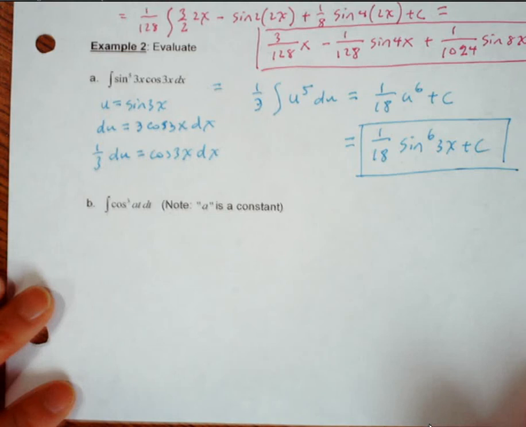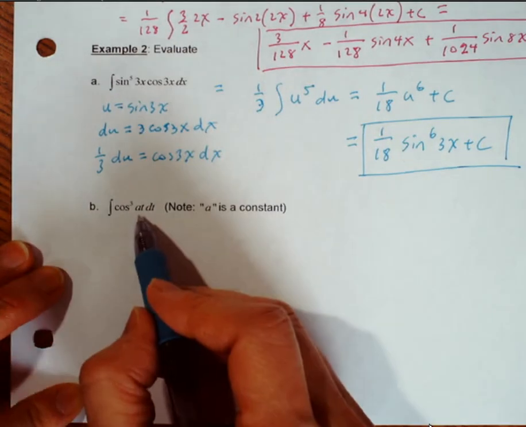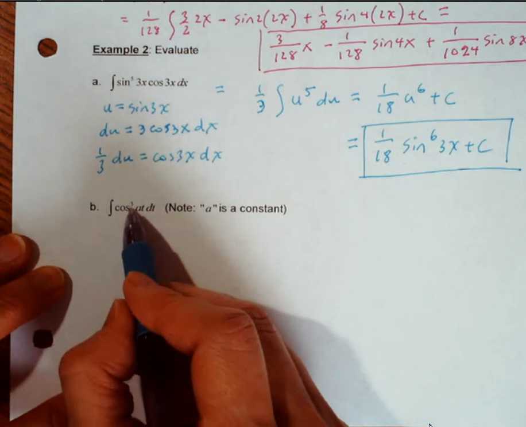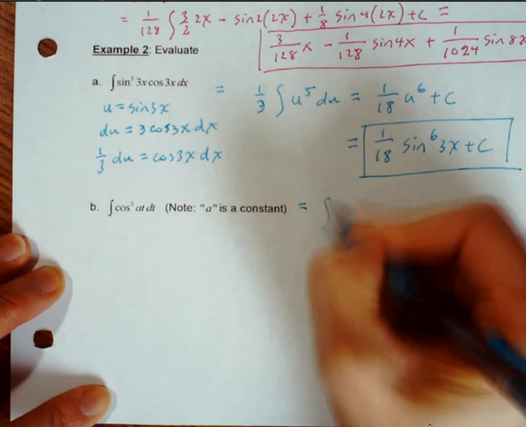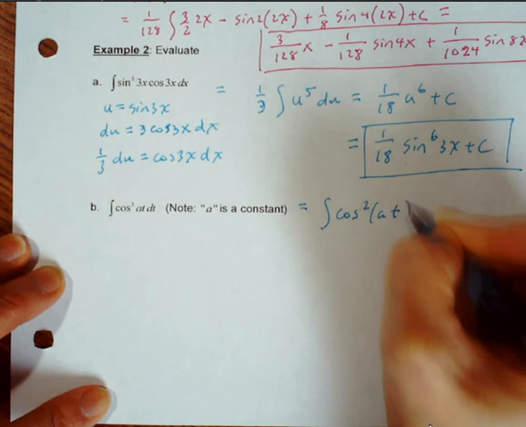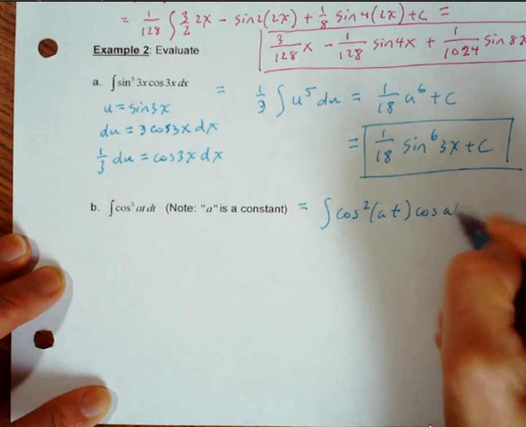Okay, the last problem on this page. Note that a is a constant, and so first thing I'm going to do is I'm going to rewrite cosine cubed as a cosine squared. So then I'm going to rewrite this as integral of cosine squared a times t. So a is the constant and t is the variable, times another cosine of at